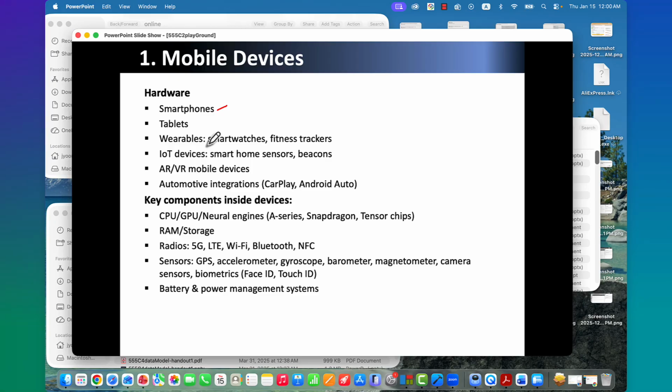Okay, that is something that you can do in the future. Tablets, wearables like smartwatches, fitness trackers, IoT devices. This is very, very popular, and also many robots and then CE